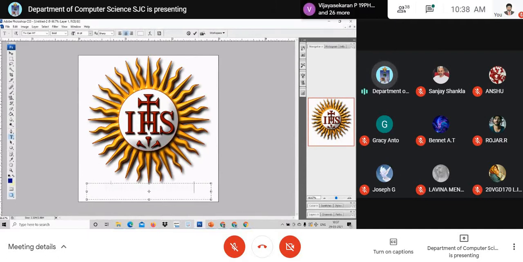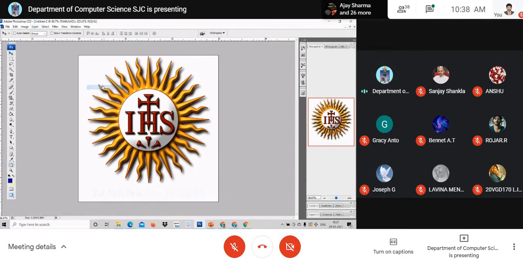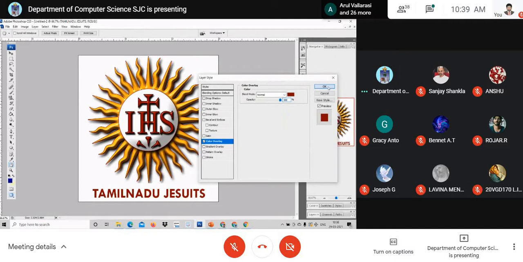Maybe a school name or a team name, whatever it may be, it can be put at the bottom. Now I just go for Tamil Nadu Jesuits, color overlay. Use the same color which you use. I've taken the same color.